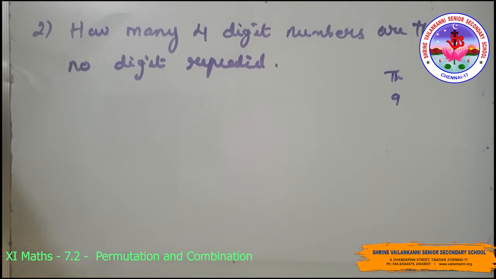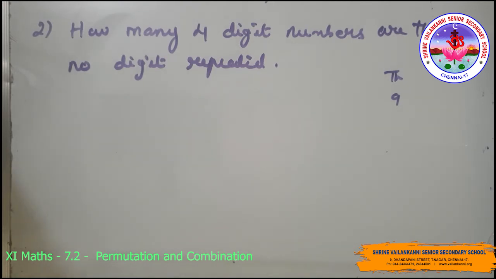However, the digits cannot be repeated in the 4-digit number. The thousand place is already occupied with a digit. The hundreds place, tens place and units place are to be filled by the remaining 9 digits. Therefore, there will be as many such different ways as there are permutations of 9 different digits, taken 3 at a time.